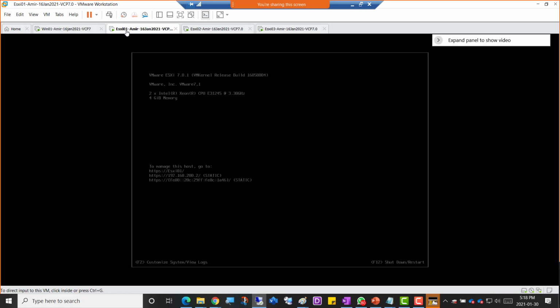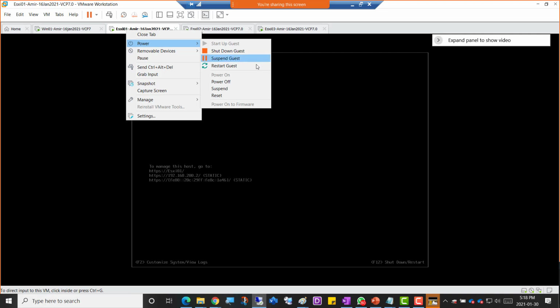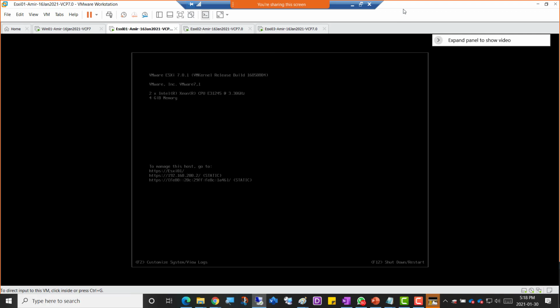From VMware Workstation, I can just right click here and go to shutdown and do this shutdown guest. But what if this hypervisor was installed directly on a physical server and you needed to shut it down? There is that F12 shutdown restart here as well. We can go this way too. If I click on top of the screen directly on ESXi1 on the DCUI, and I go from my laptop Fn and F12,